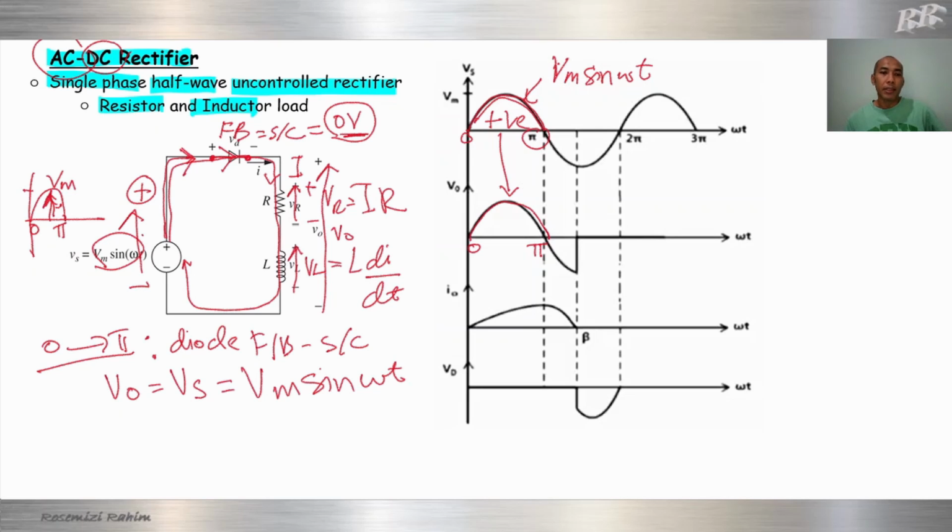The characteristic of an inductor is that it can store energy. So the inductor will be charging while it receives current. After the current is disconnected, the inductor will discharge, with the energy released in the form of current, so it becomes a current source. After pi, we disconnect the voltage source, which alternates from positive to negative and changes the direction of current. From pi to, let's say we assume this one is beta,